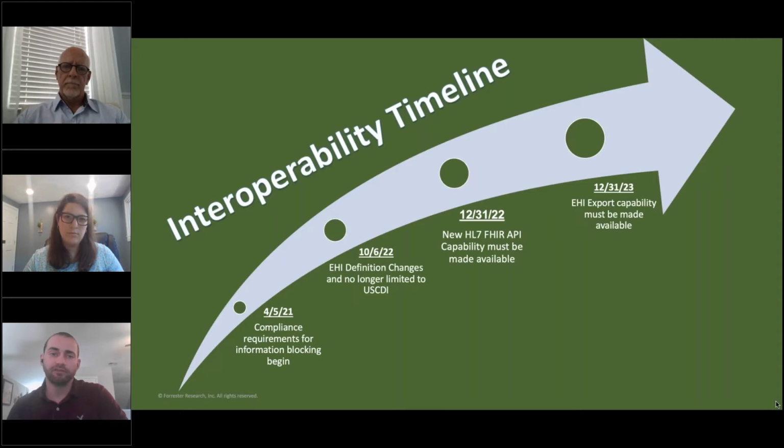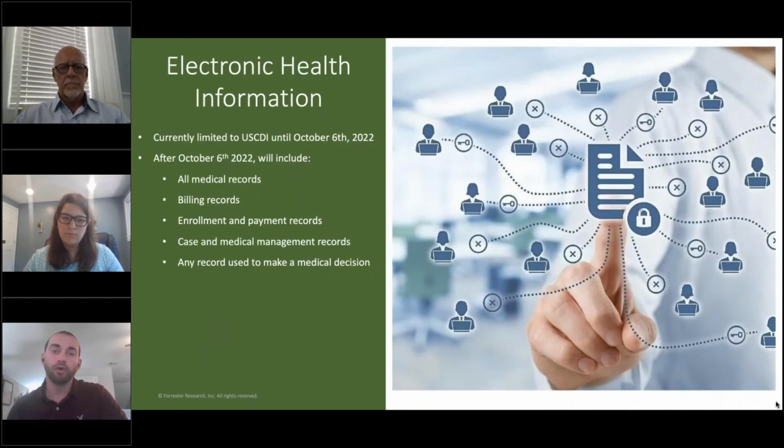Currently, electronic health information is defined in the U.S. Core Data for Interoperability, or USCDI version 1. This was originally based on compliance with HIPAA rules. However, this limit is no longer going to apply on October 6th of this year, and EHI is going to be expanded. This expansion means that electronic health information will include all health information that is individually identifiable, that is